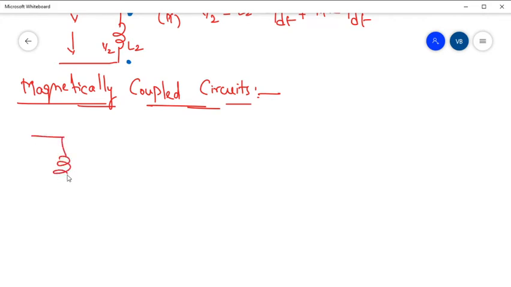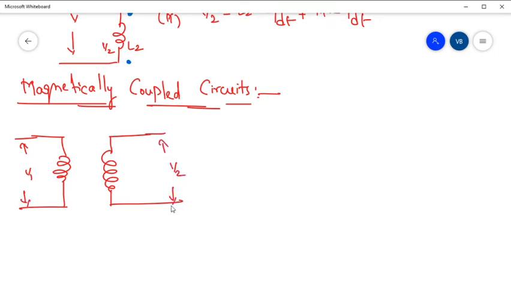So let us take this circuit like this. Here I am taking one coil, and here I am taking the next coil. This is applied V1, let us take, and here the voltage is V2. Here the current is I2 and here the current is I1. So for example, this is inductor L1 and this is inductor L2. The mutual inductance value, let us take, is M. Okay, so here I am putting dots like this. Here also it produces self-inductance and mutual inductance, but here the current is different.